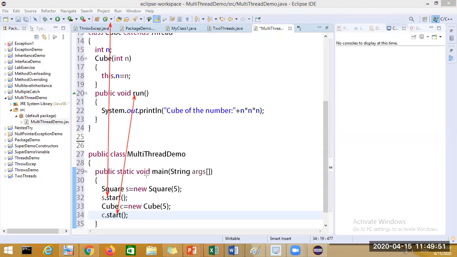It's because of the object that you created. Correct? So c is an object of Cube, so it will go to the run of Cube. And s is an object of Square. So where will it go? It will go to the object of the